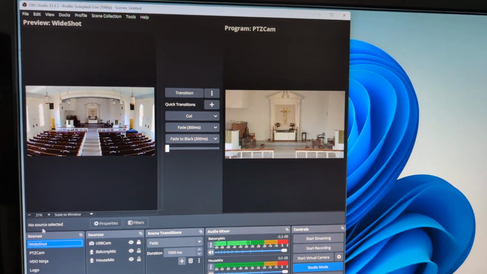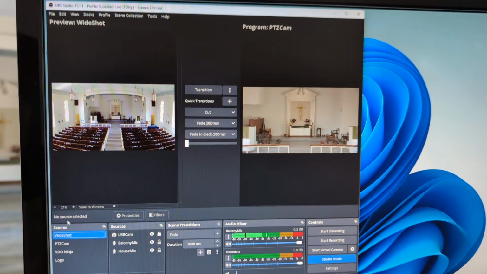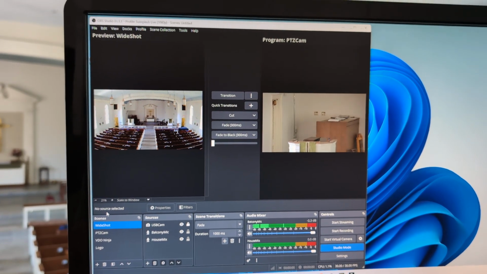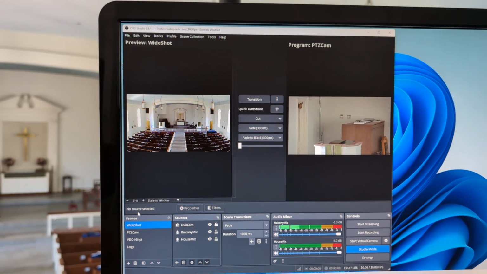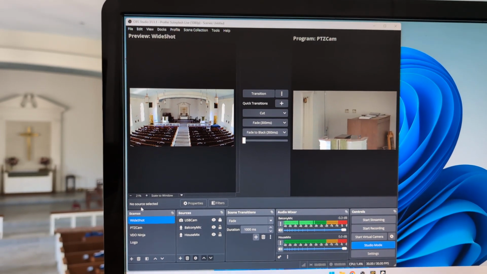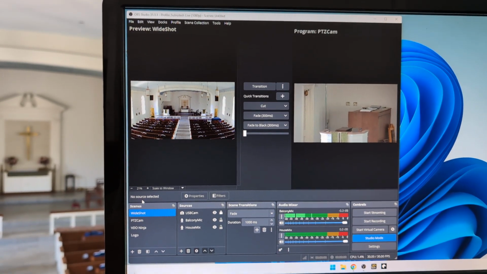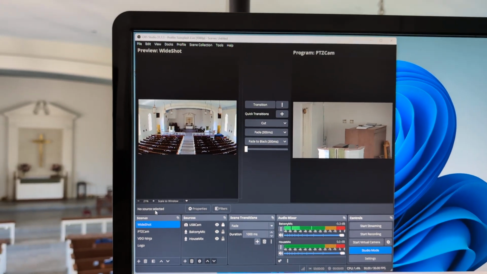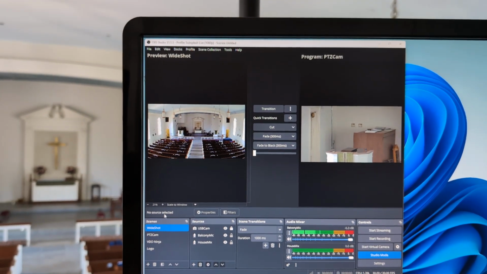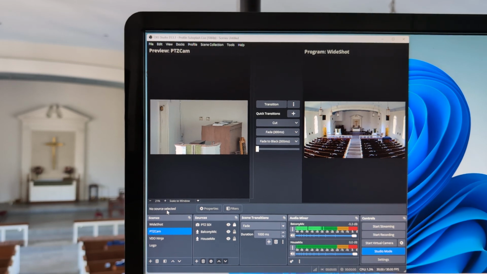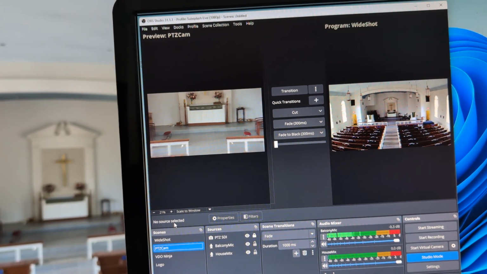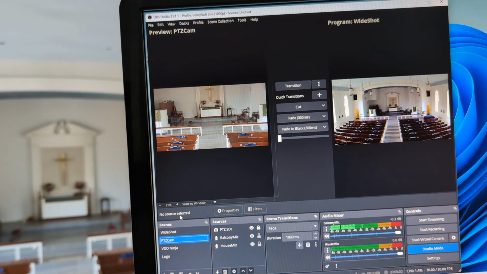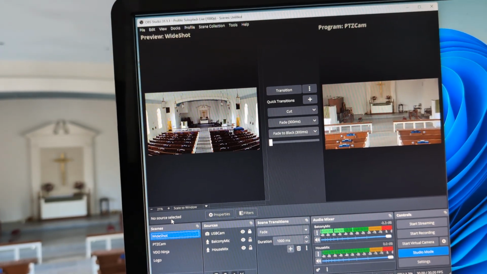So let's say we're currently doing the sermon, and the sermon is over, and we want to switch over to announcements because he's coming to the middle front to talk about things before the offertory. So I can transition to the overview camera. I can switch my angle on that camera, then I can flip-flop the cameras again, and they didn't have to